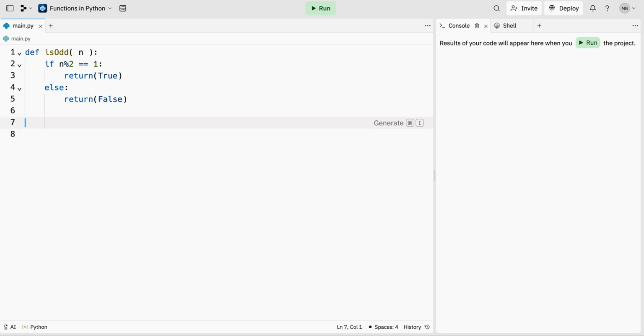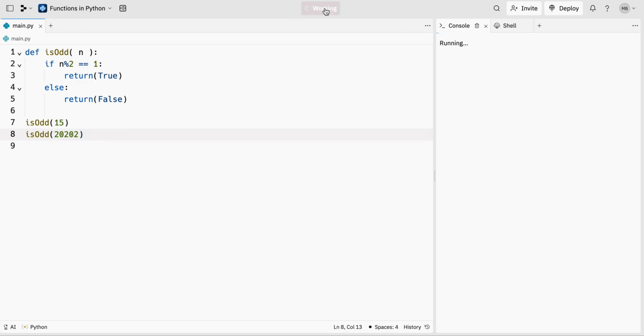Okay, so that's the code for the function, and now I want to test it. So really quickly, I will call the function isOdd, and I'll pass it 15. And then I'll call isOdd, and I'll pass it 20202, and just see what I get in that case. So then I'll run here. So this defines a function. It doesn't do anything. Then the function here runs,